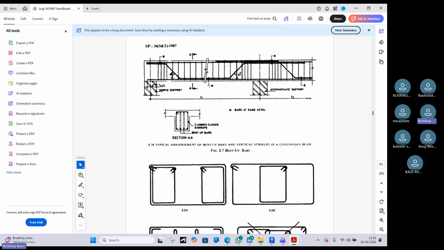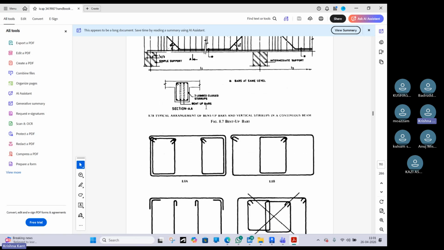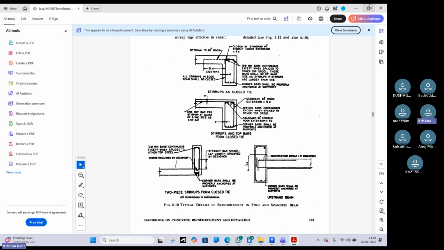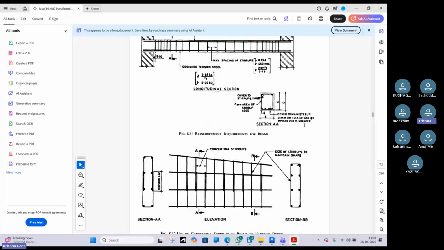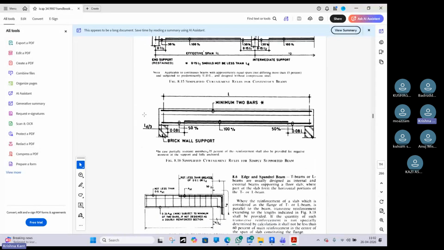We only have to focus on the tensile strength so that cracks will not happen in the beam. So when we provide more rebar in the bottom and at the top corner, automatically all the loads will be inside the beam. Okay. So what we have to do, we have to provide top extra at the corner portion and bottom extra